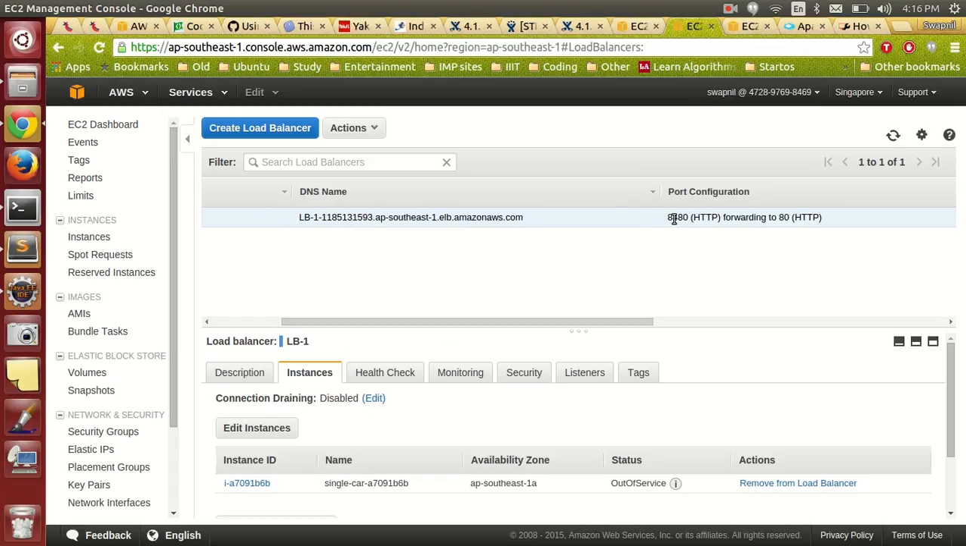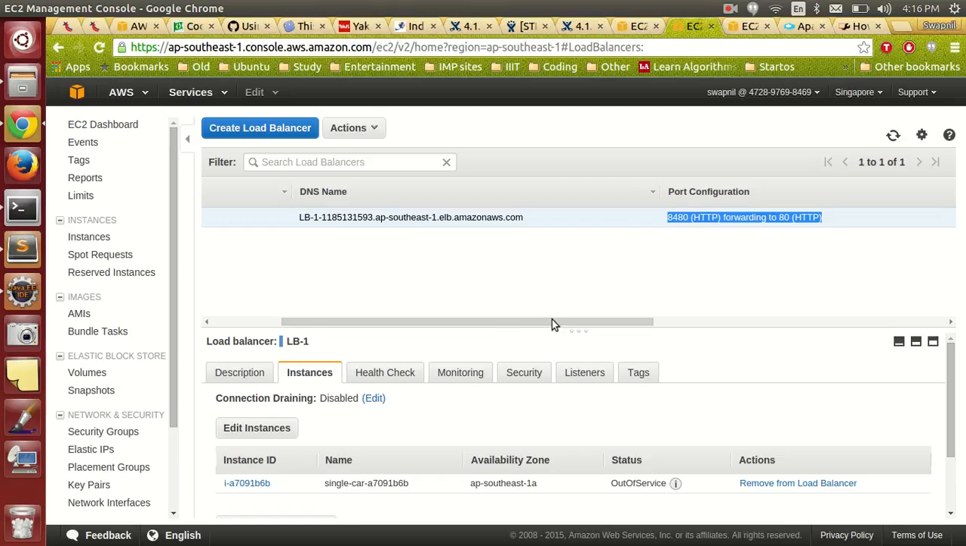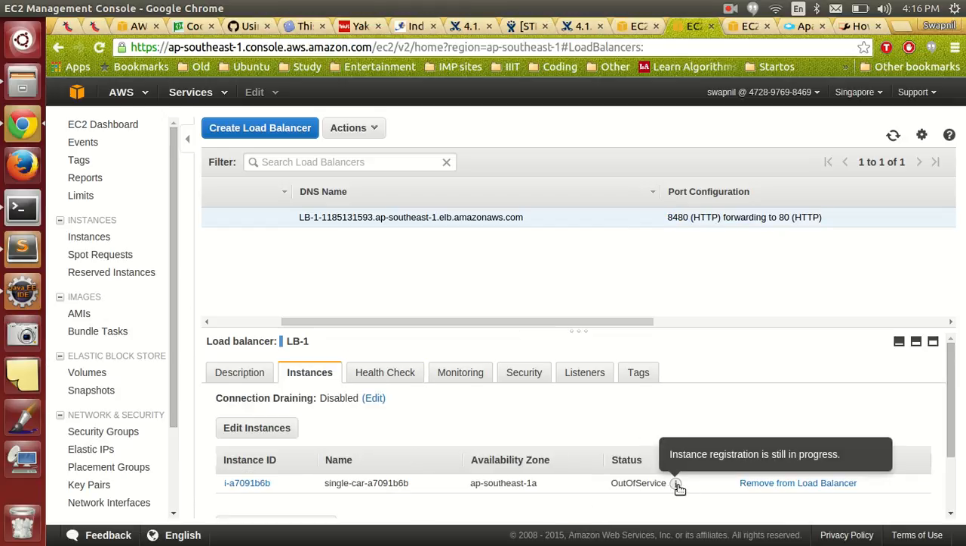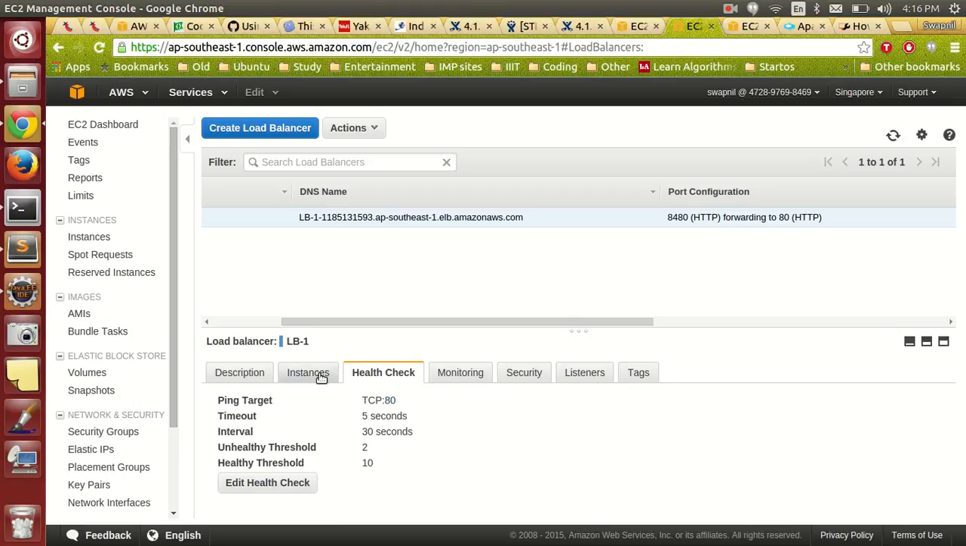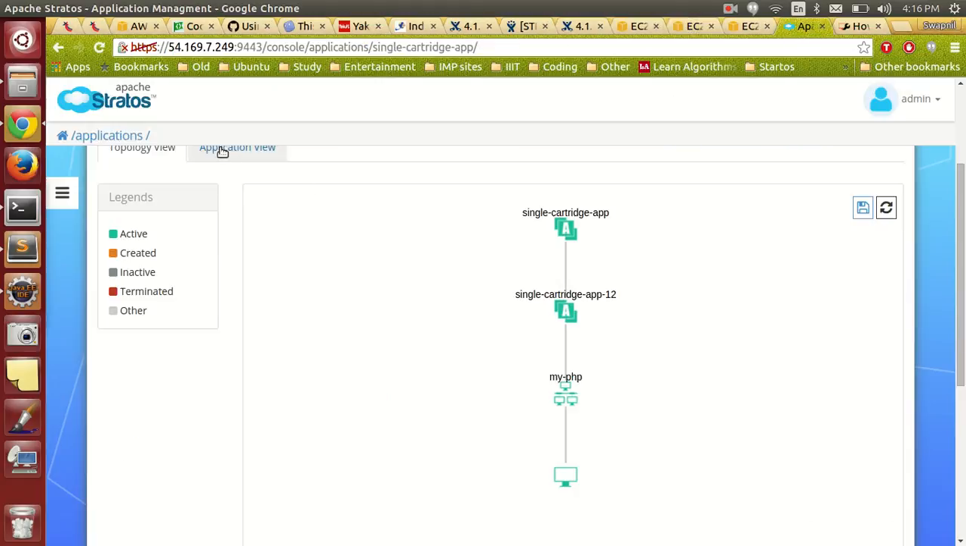So we need the incoming traffic for the load balancer at 8480. That is why we have an inbound rule for the security group on port 8480, and the protocol is TCP. Now let's just see if the instance is in service. Now it is still out of service. We'll wait for a few seconds. So I'll tell you where this 8480 is coming from. If you look at the application,